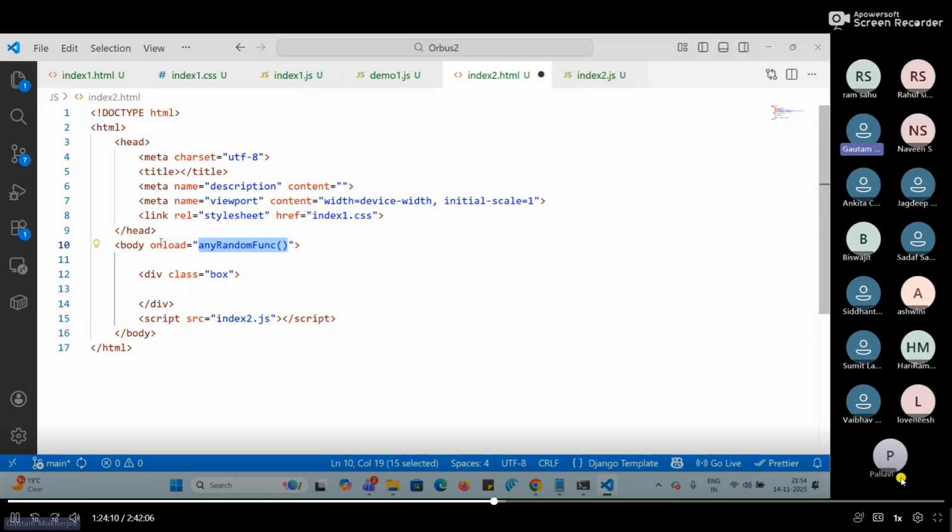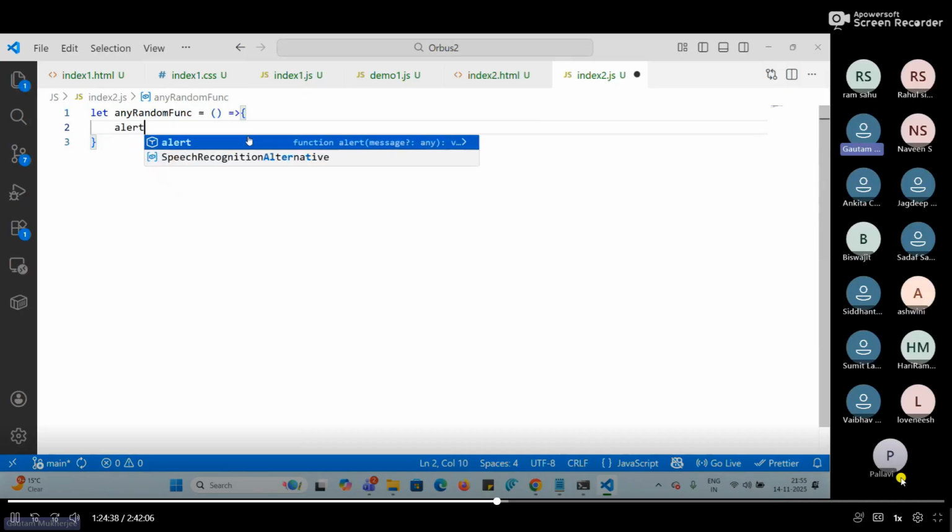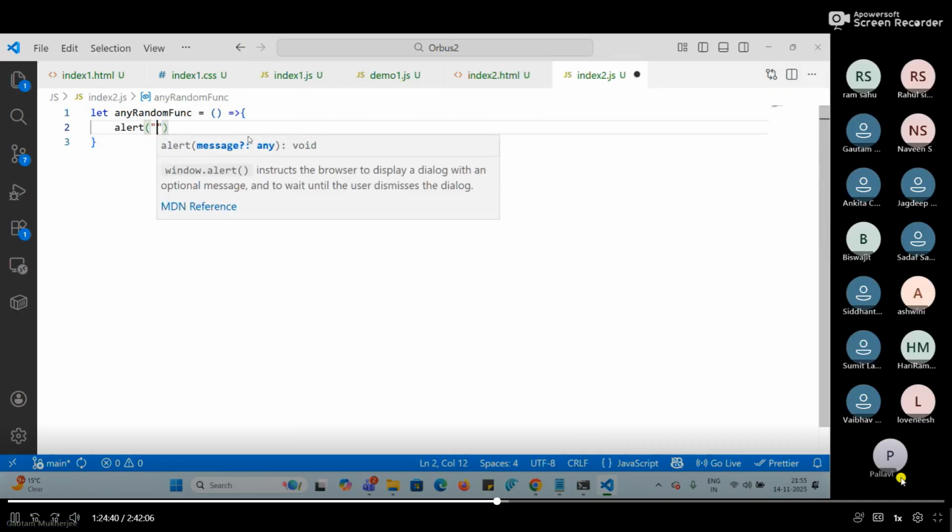And here in .js, let's create a named function or anonymous function, doesn't matter. We can write let the function name equals to, let's create the arrow function, right? And here, what I want to do, let's write a simple alert. Say page load completed,